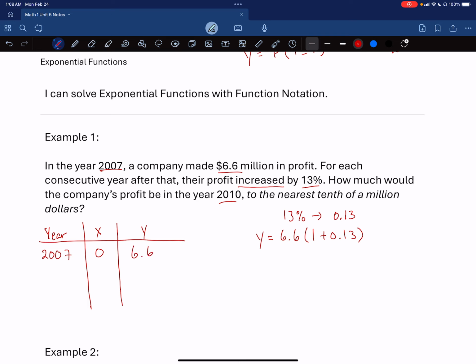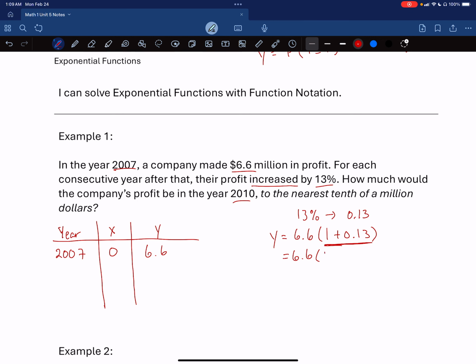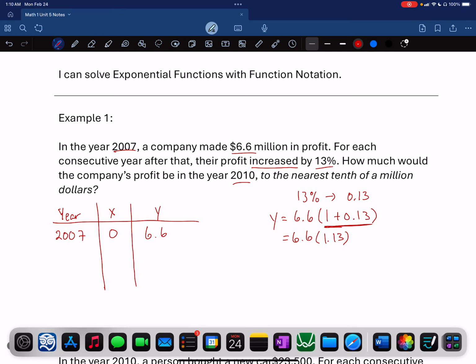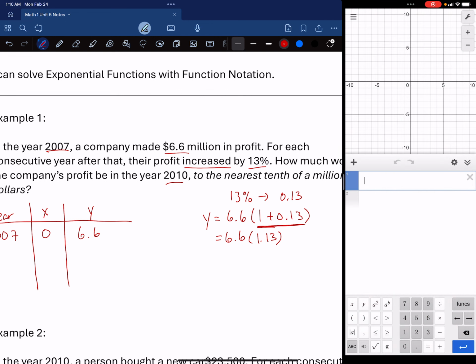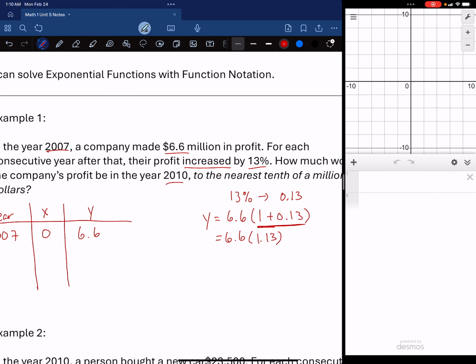Okay, so again, remember this is repeated, right? So I'm going to simplify this problem before I go and do the multiplication. I have 6.6. I'm going to keep this number in mind, right? I'm just going to go ahead and add these together, and I can write this as times 1.13. And that number is going to be what I'm going to use going forward, okay? So if I do, let's pull up a calculator. Make this a little bit bigger. All right, so we have